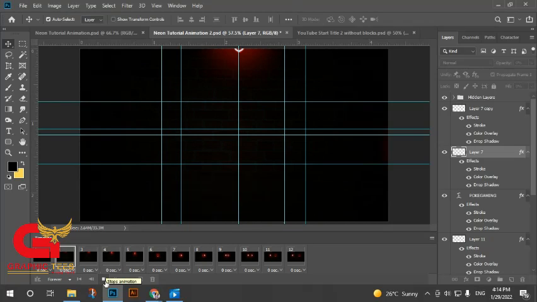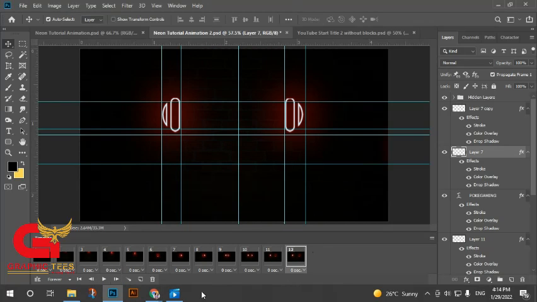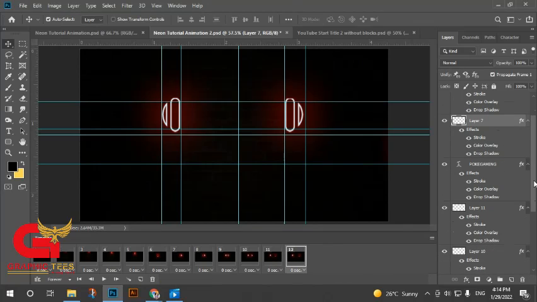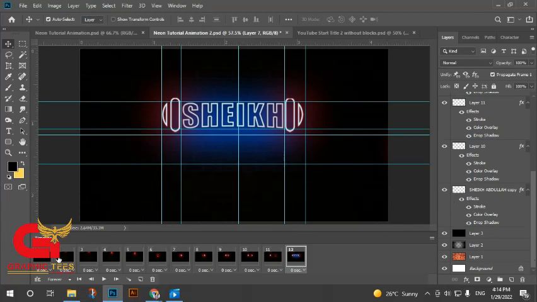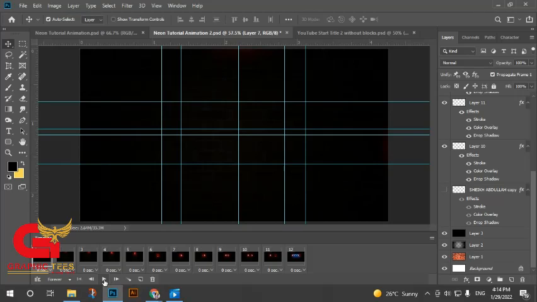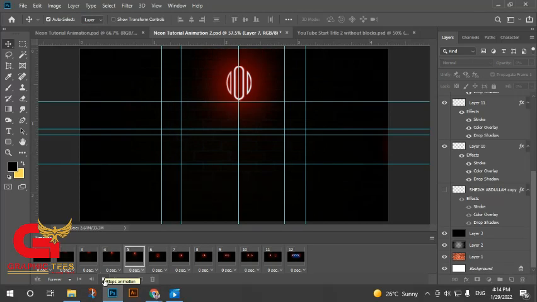Okay, now we will take another layer, or you can also apply your shake effect here. For example, I'm going to make it visible, and let's play. Okay,